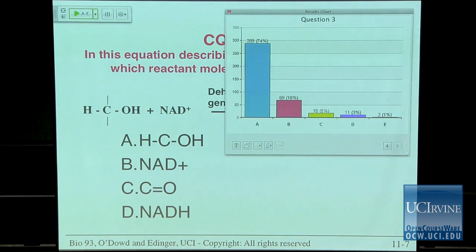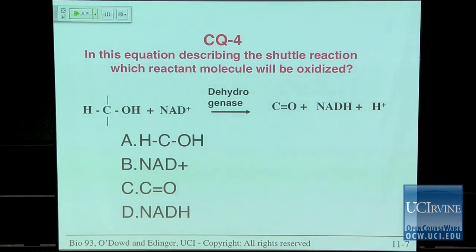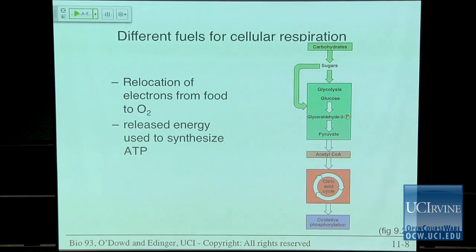Okay, very good. The majority of you are correct. This is the right answer because the electrons that are associated with the hydrogen atoms are pulled off, right? The proton and the electron come along. So electrons and fuels,